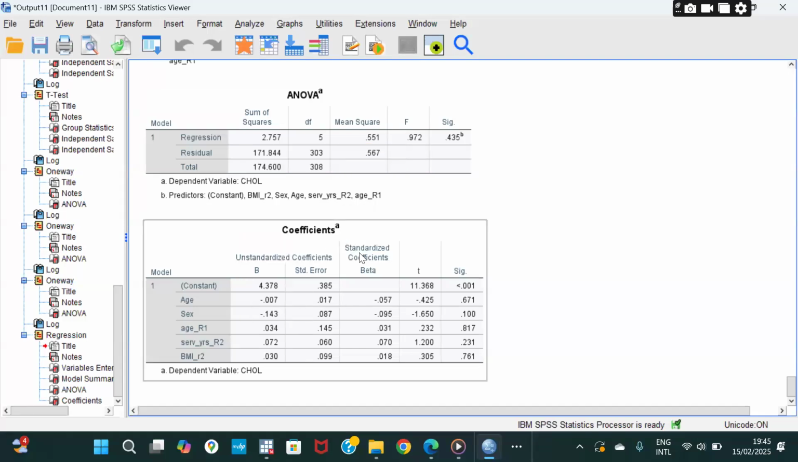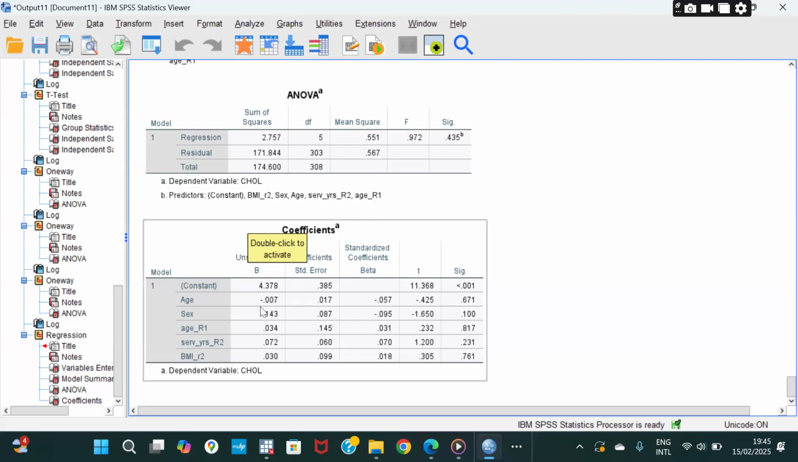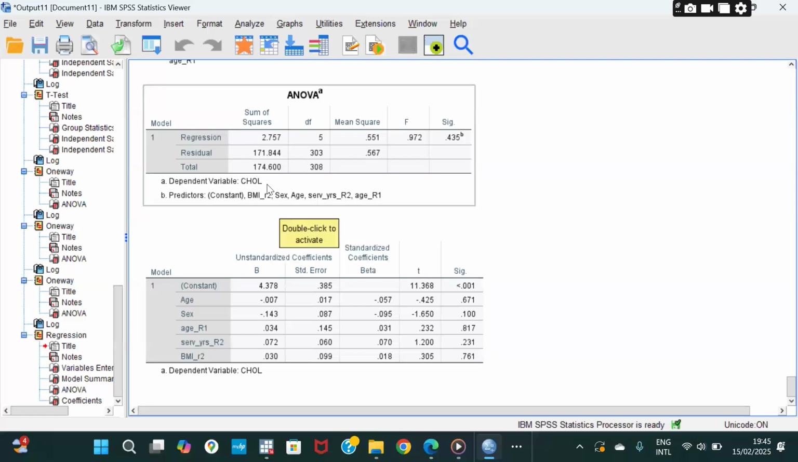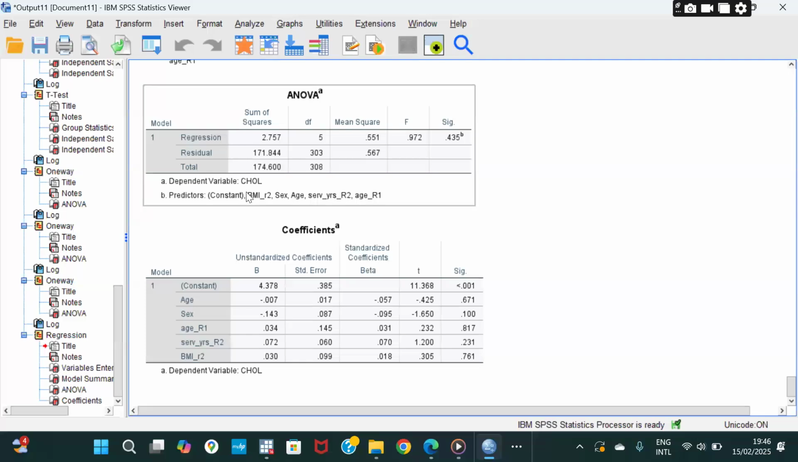This is the unstandardized, this is the standardized beta. Let's say we want to use the coefficient, which is the standard error. We say for every unit increase in age, or let's say for every unit increase of 0.07 in age, there's going to be a negative decrease in cholesterol because this is negative. And then you say for every unit increase in sex, which is 0.143, or sorry, a unit increase in sex will lead to a decrease